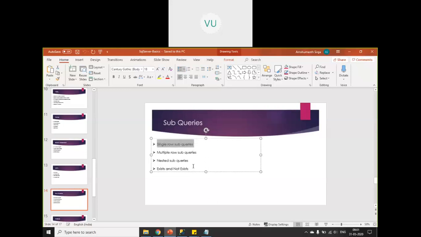That can be one single column value in a particular record, or it can be an aggregation value like an average, max, or whatever. The requirement is that if the inner query is returning only a single scalar value, that means it's a single row subquery.